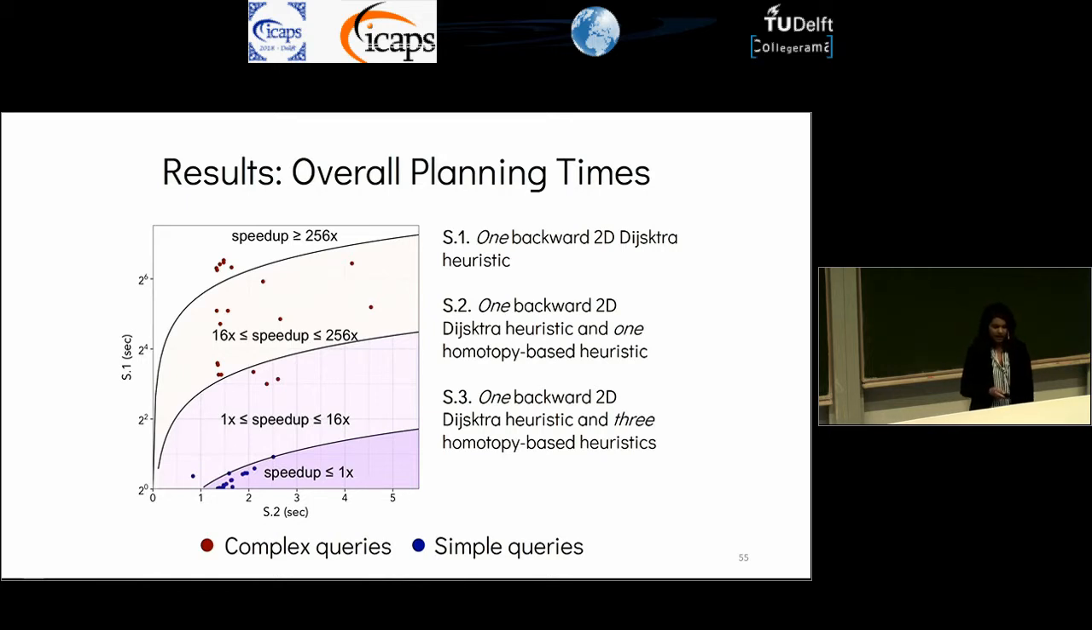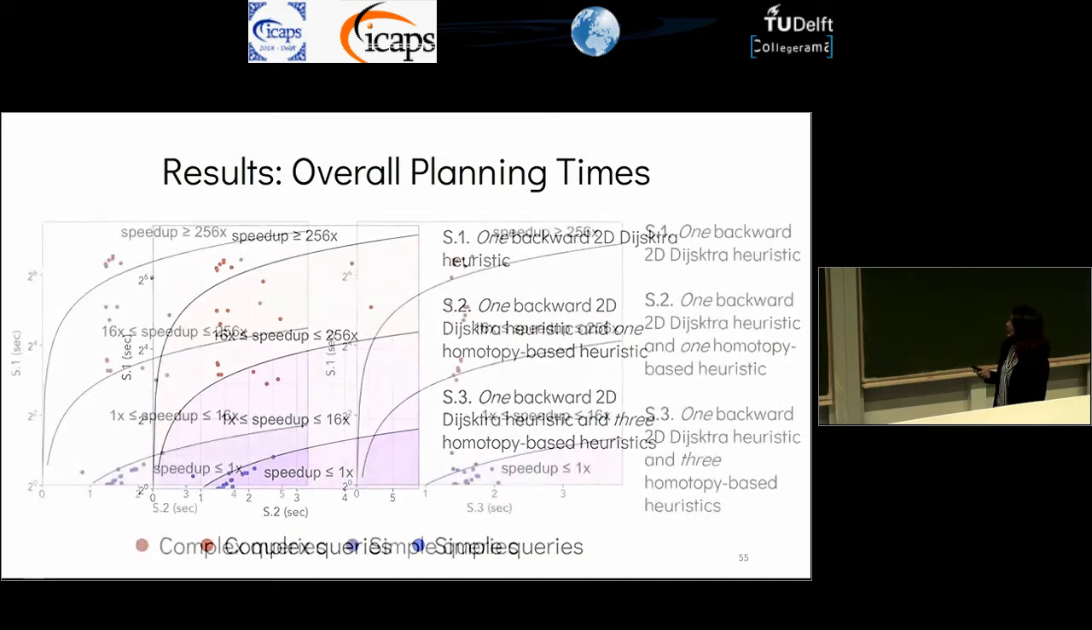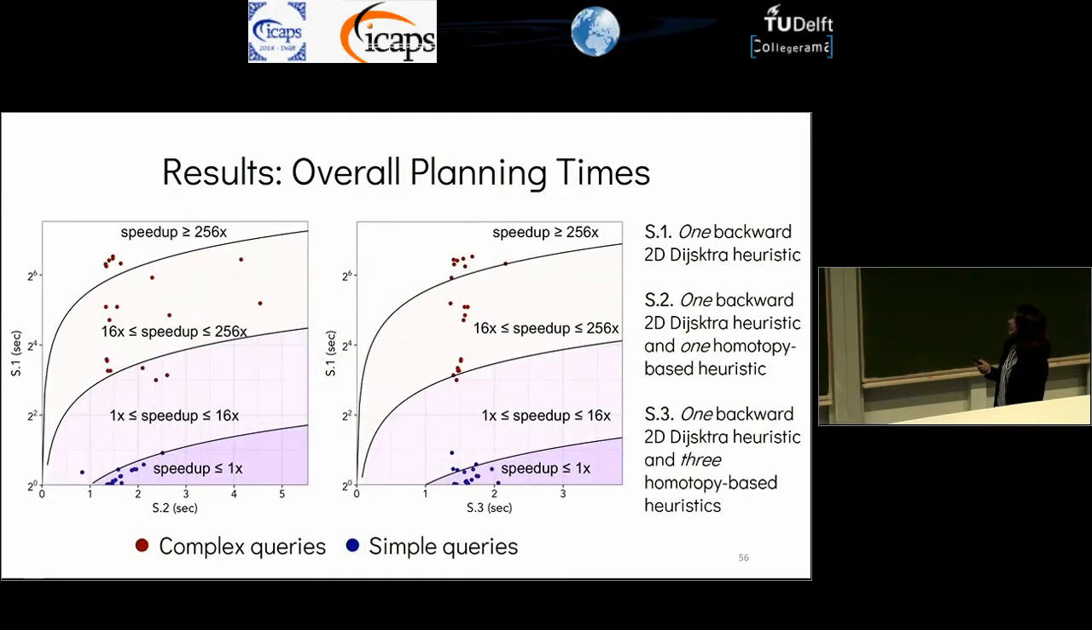of magnitude. And so when we look at this same chart, but on the x-axis we look at S3, which has 4 heuristics, of which 3 are homotopy-based. Again, we see the same results for simple queries, but we see even improved results when we're looking at complex